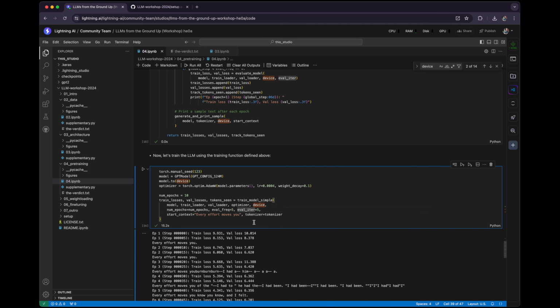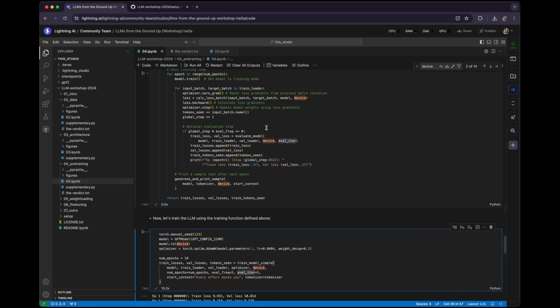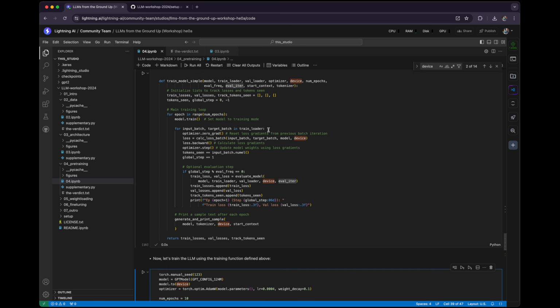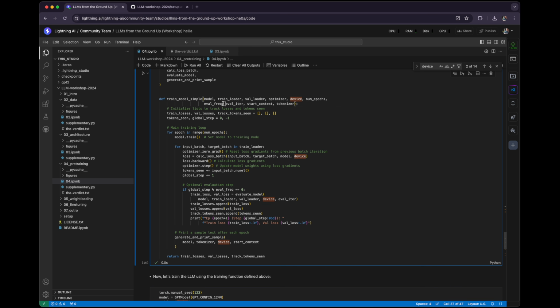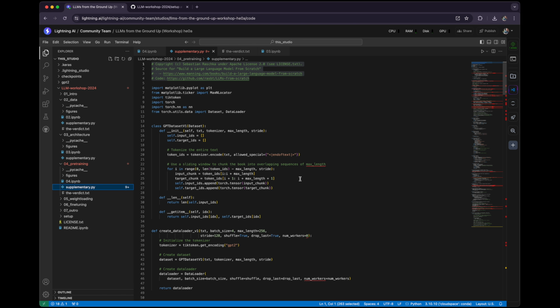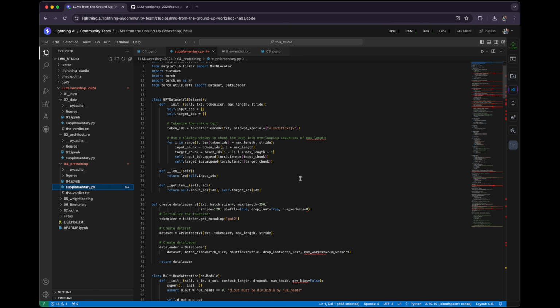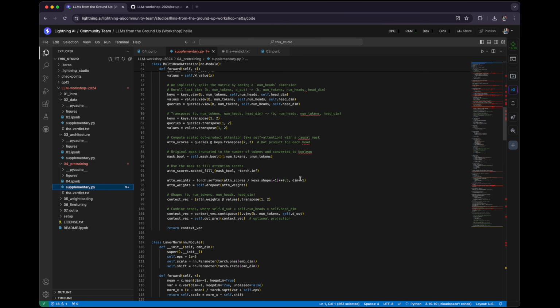Sorry, this is actually in the function I was hiding from you. This is essentially for eval iter. This is for the evaluate model function, which I've not shown you. I've hidden away some of the functions because I don't want to make this video too long, but there is